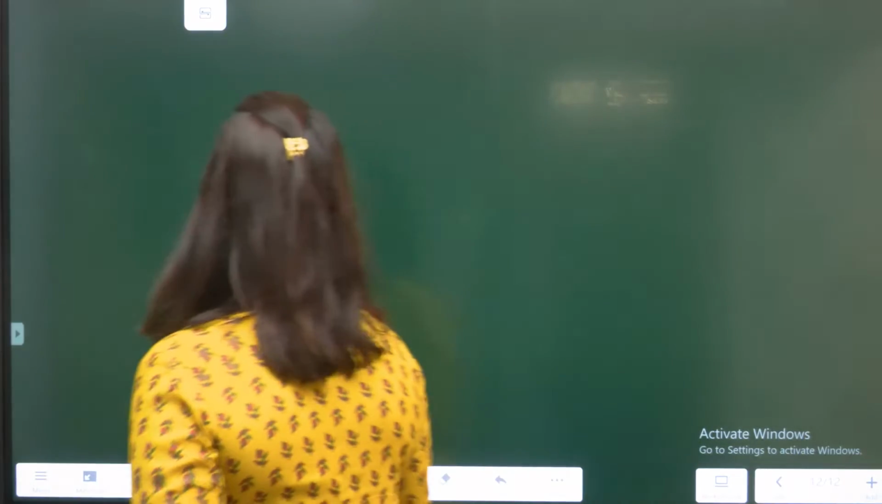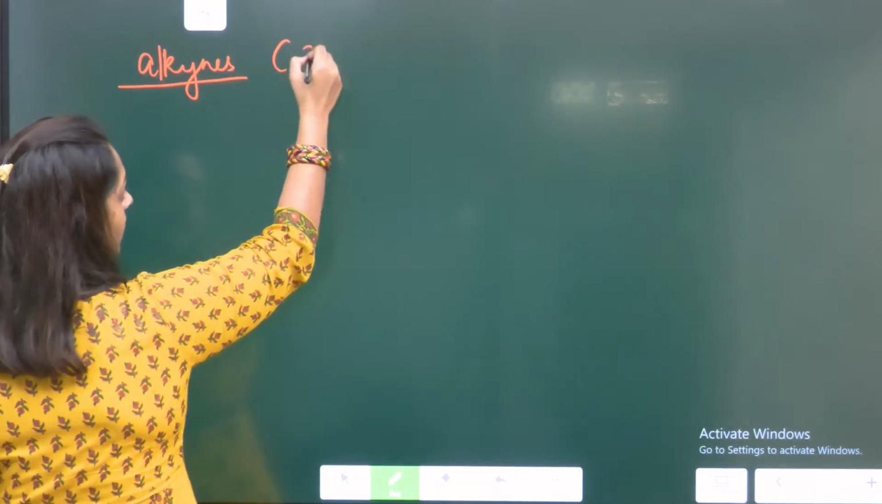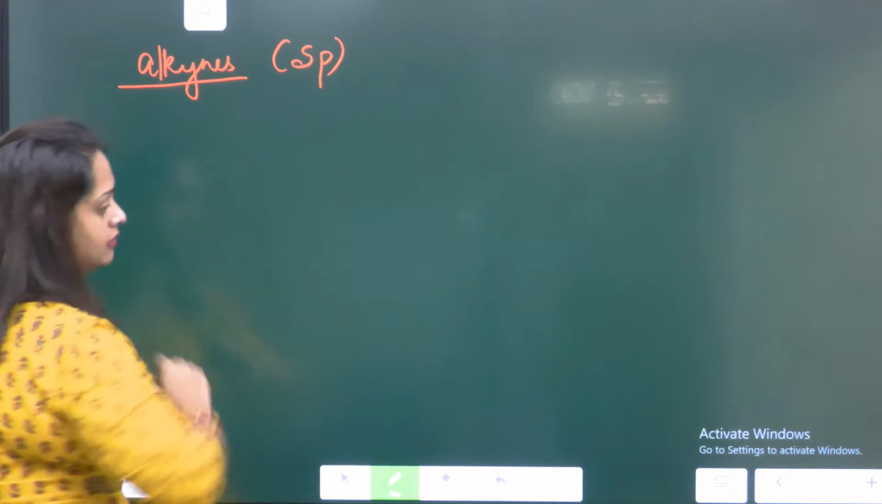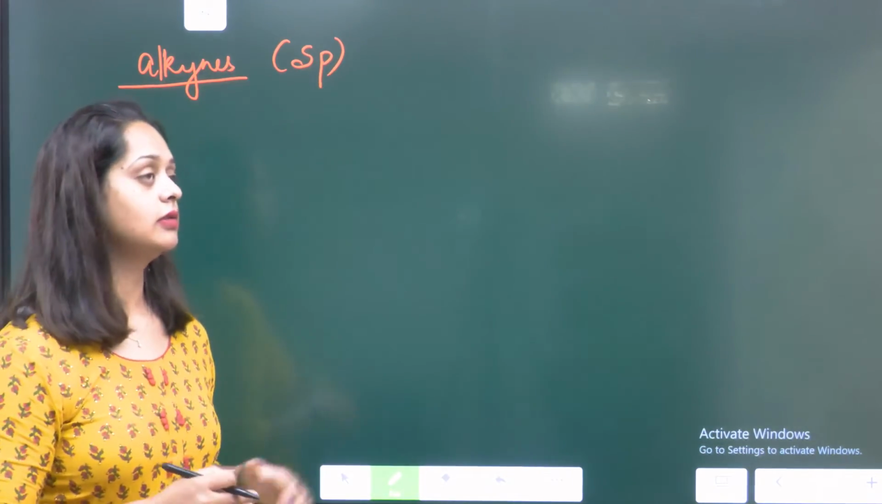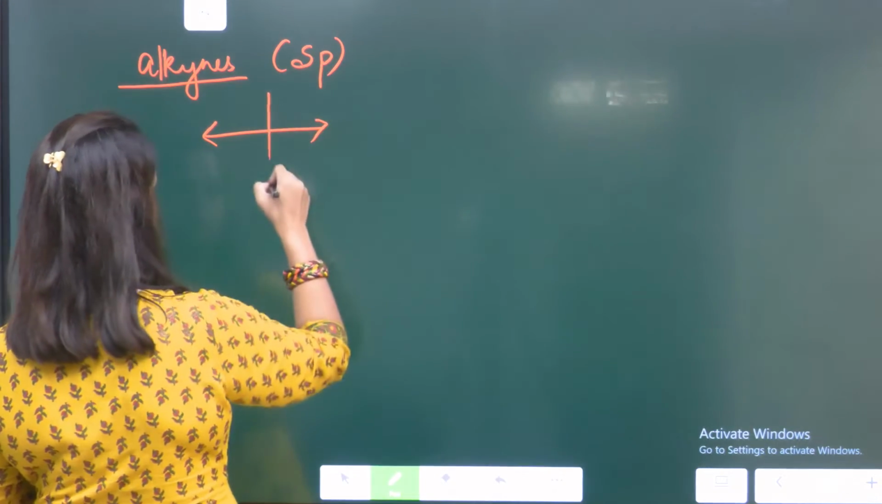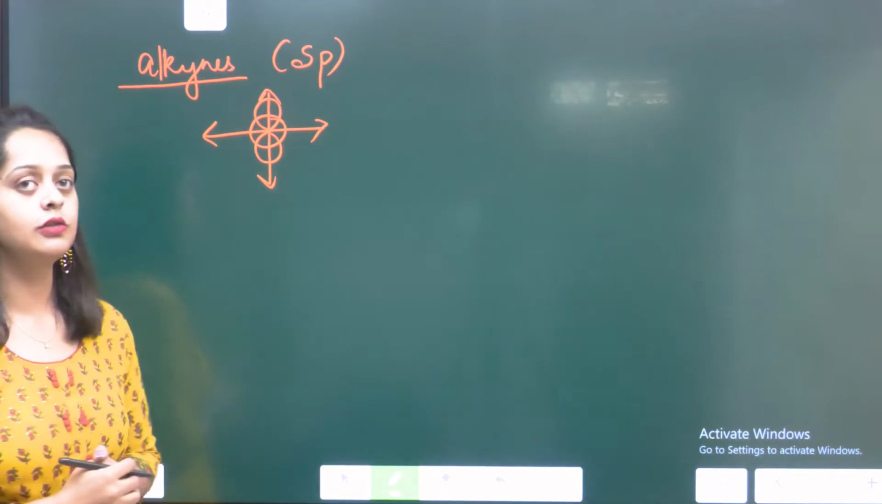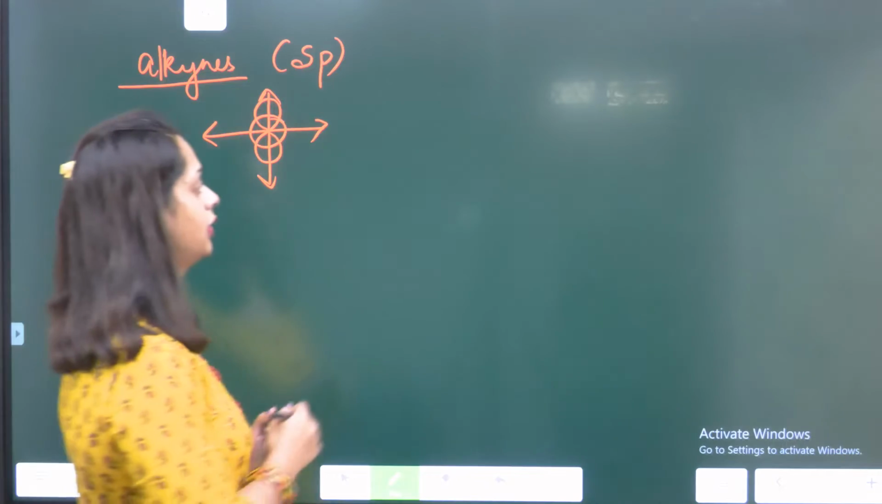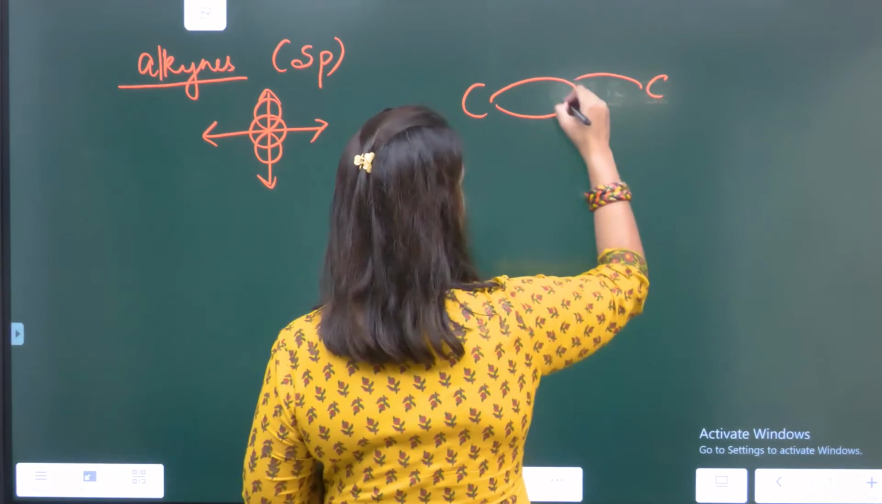And in the case of alkynes, what happens? It is sp hybridized. What is it? It is sp hybridized. So that means only s and p are going to form a hybrid orbital. When these two form hybrid orbitals, what would happen? So it will lead to a linear structure